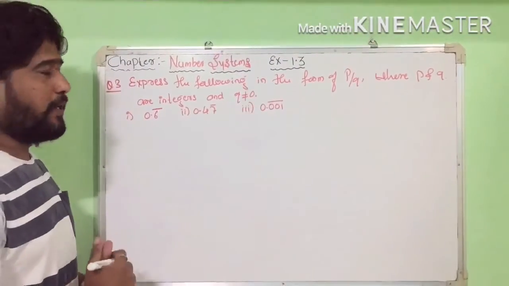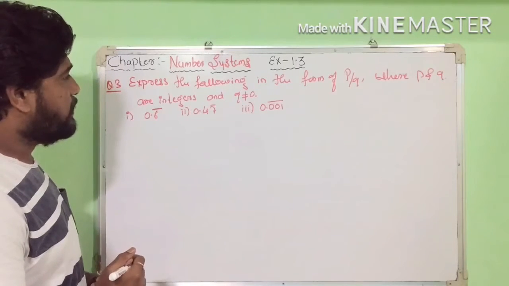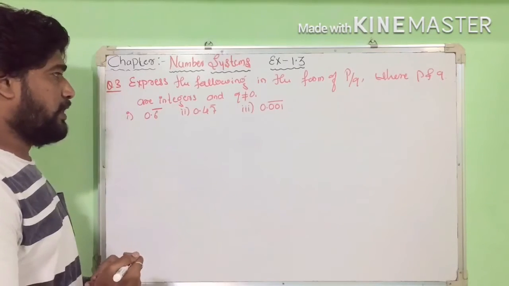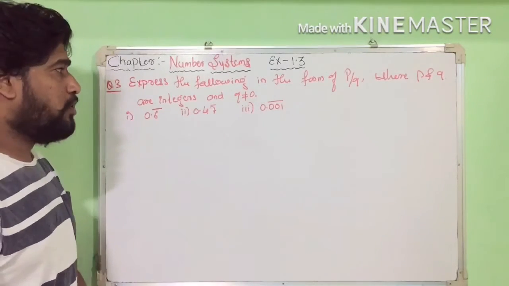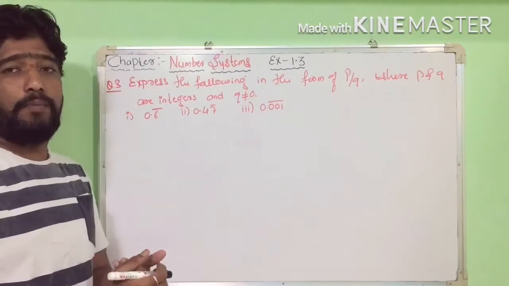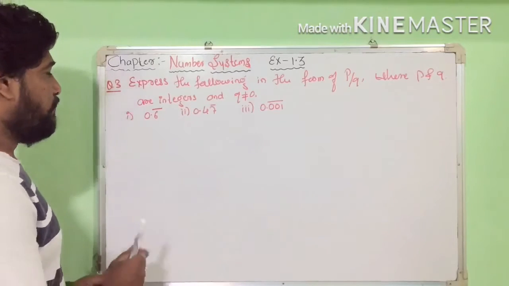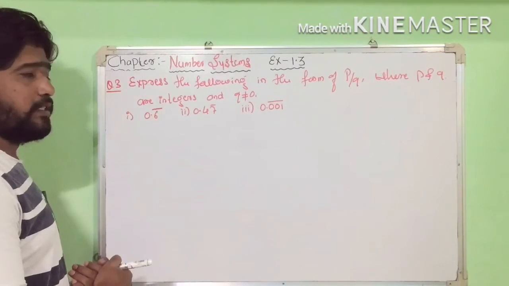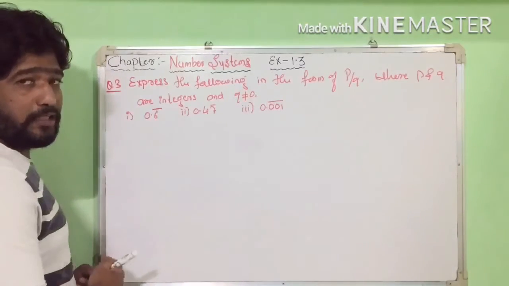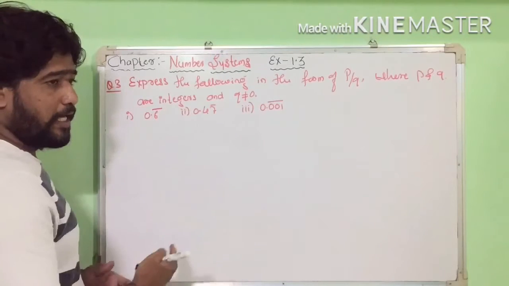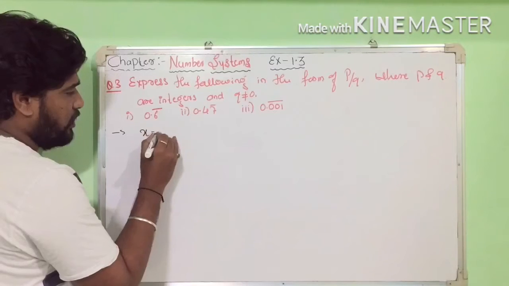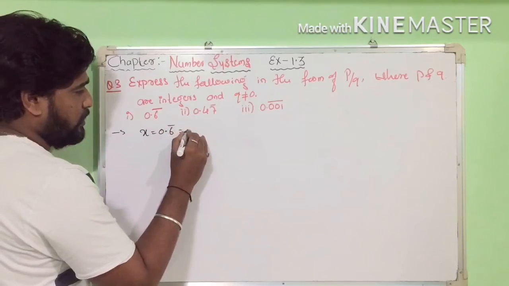Well students, the next third one, express the following in the form of P by Q, where P and Q are integers and Q is not equal to 0. So here the given decimal expression, we can express in P by Q form, right? So here first one they given 0.6 with the recurring symbol, it shows that 6 is recurring or repeating. So first write down the given, x is equal to 0.6, it means